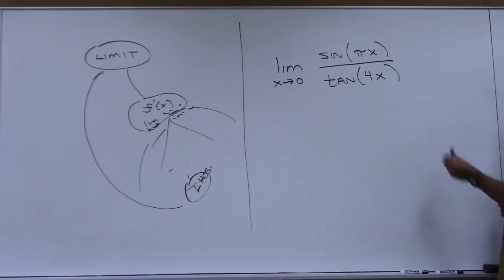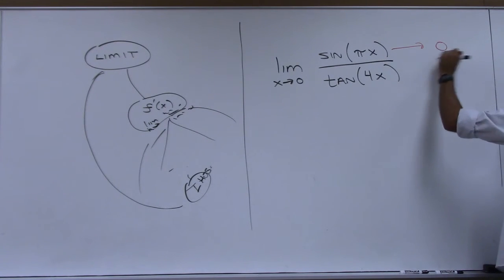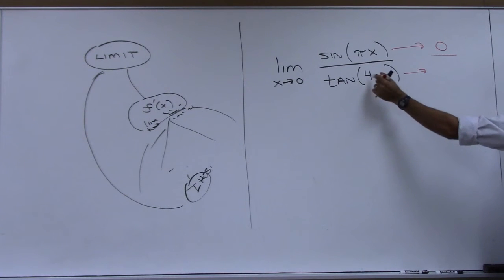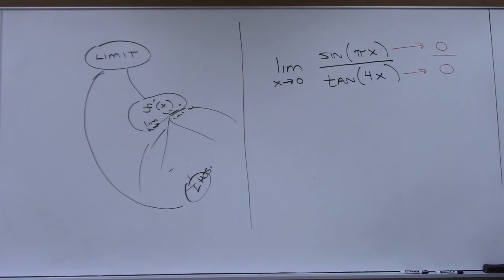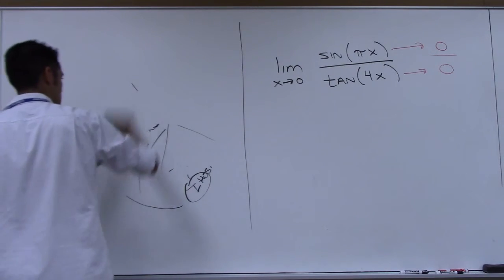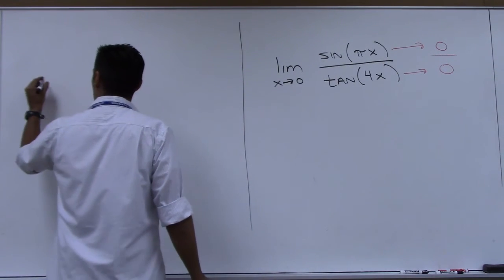Let x go to 0. Where does the top go? 0. The bottom goes to tangent of, let's see, that's 0. Tangent of 0 is also 0, right? And so you have 0 over 0. So you are free now to apply L'Hopital's rule if you wish. Do you wish to? Yes. Of course. So by L'Hopital's rule,